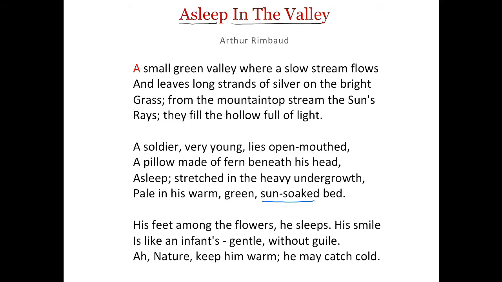Here the picture the poet has given in the first 4 lines of this stanza octet is a bright green valley, and here the poet is giving the picture of a very young soldier who is not as bright as the valley, who is pale, discolored, grey. Okay, so these are the second four lines of the first stanza.